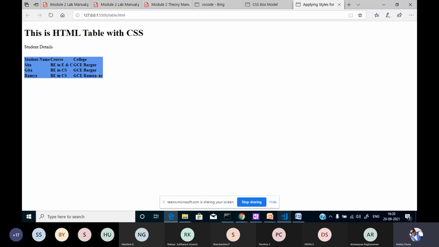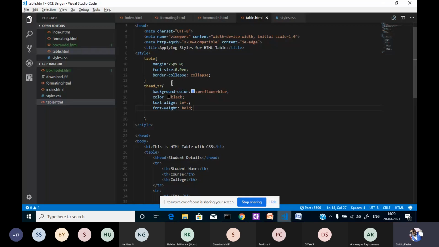Okay, so for this entire table, the thead, this style is applied. What I will do is simply change something. This is black, so this is not looking good. For that reason, I may add some other color over here.